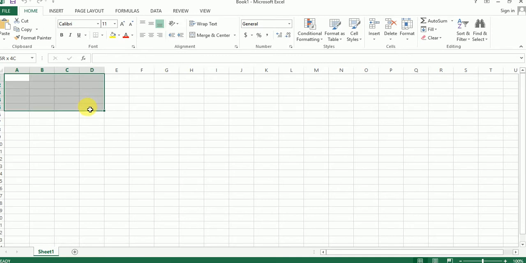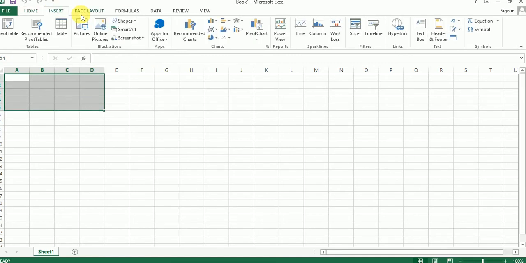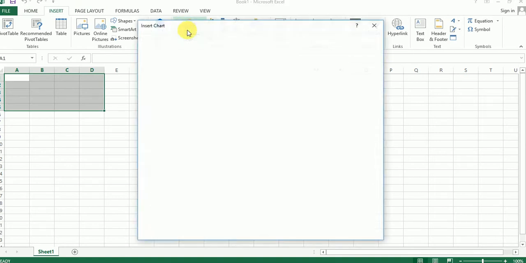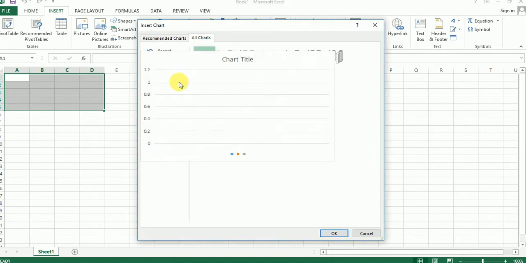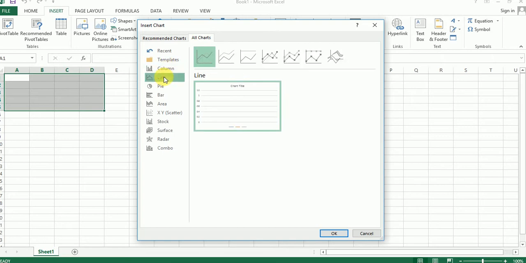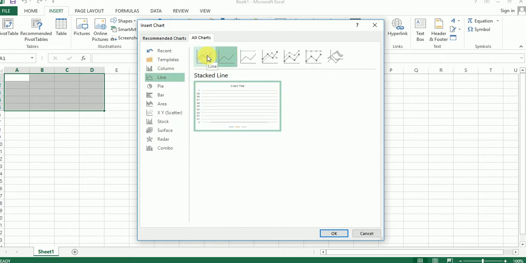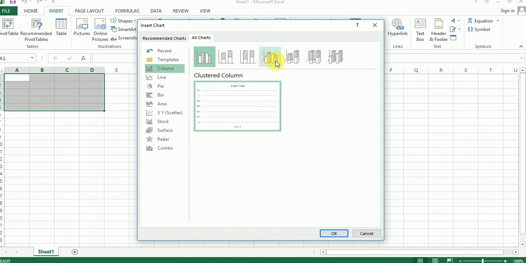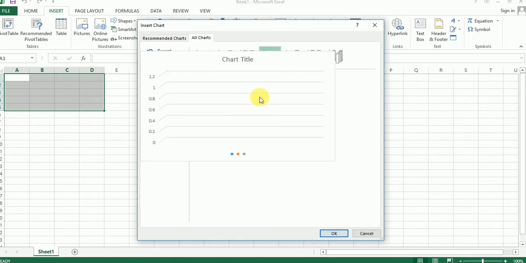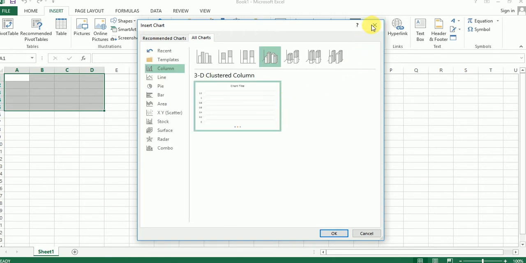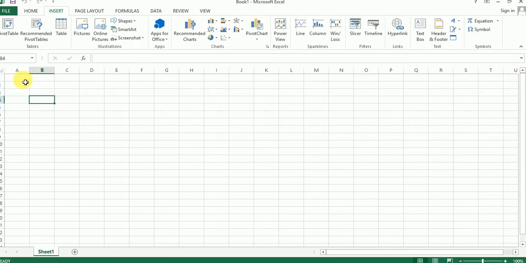I want to select this cell, and now recommended charts. All charts. Okay, so see this line, column. But series and not available. Series, column. Column chart, bar chart is not available. Why is bar chart not available? Before you insert a chart, you can also enter the chart data.